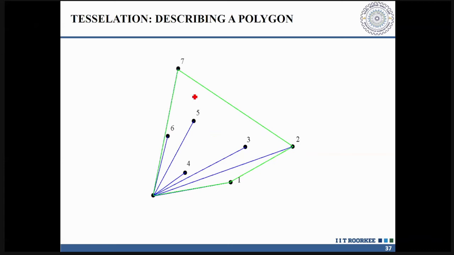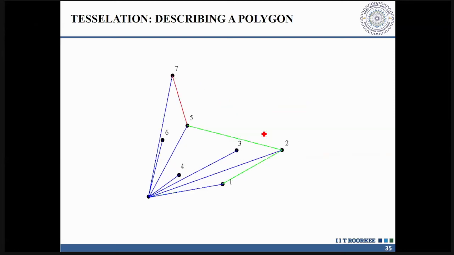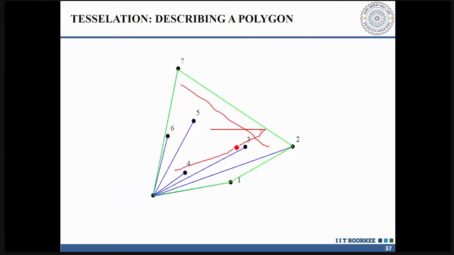Fine. Now you take any 2 points within the polygon and join them with a straight line. It is lying inside the polygon. Take any 2 points, join them with a straight line. The whole of the line is lying inside the polygon. But if you take a polygon like this, 1 point, 2 point, half of the line is lying outside the polygon. So this is not a convex polygon. The convex polygon is this polygon: 0, 1, 2, 7, and 0. I hope you would have got it.